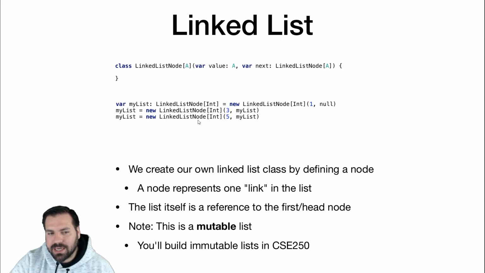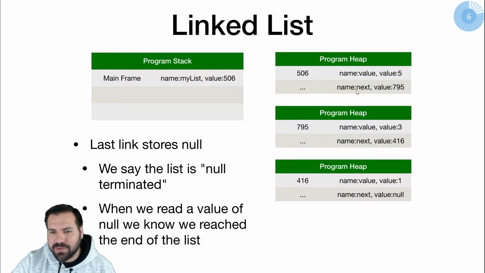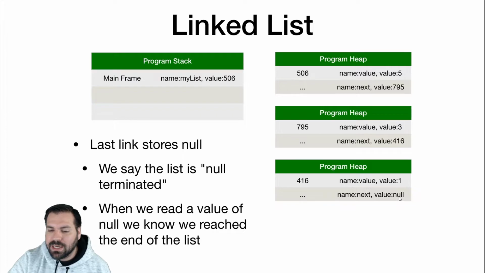And we're going to do this one more time. Create a new linked list node of 5, the value 5. Its next is going to be this node that was created, containing the value 3 and then 1. Reassign that to my list, and now my list is storing a reference to the list 5, 3, 1, and we've successfully created the list that we visualized on the previous slide. We have on the stack, my list is referring to a node that has the value 5 and some reference to another linked list node containing the value 3, which has a reference to another linked list node containing the value 1, which has a next of null, indicating the end of the list.